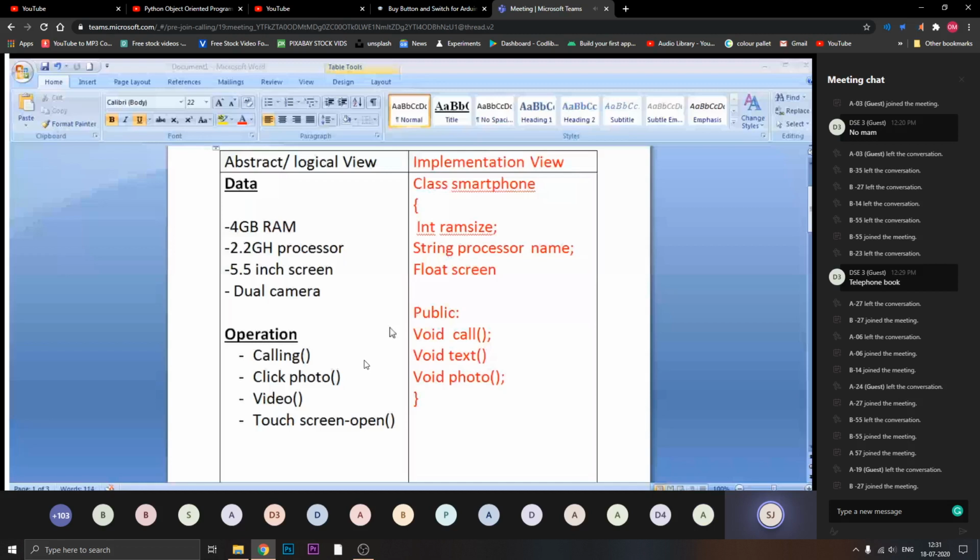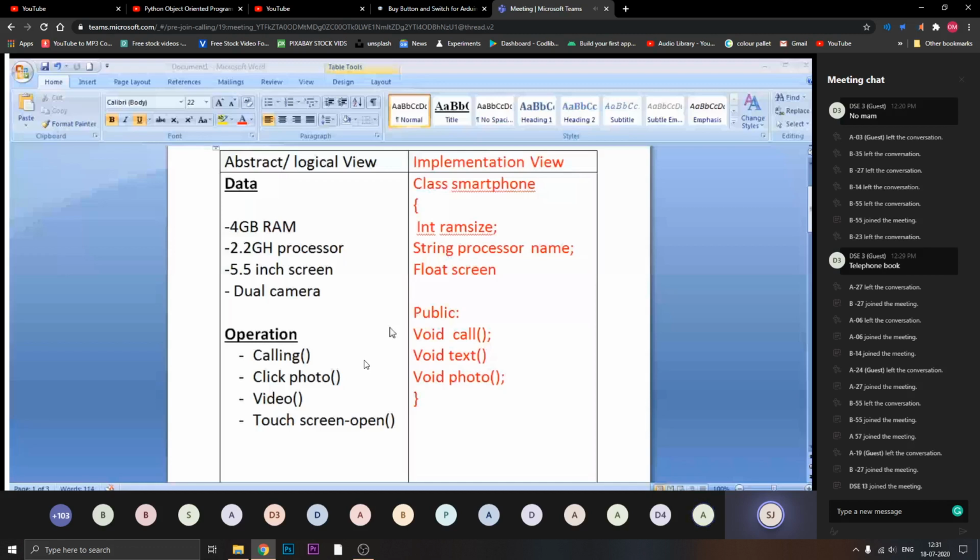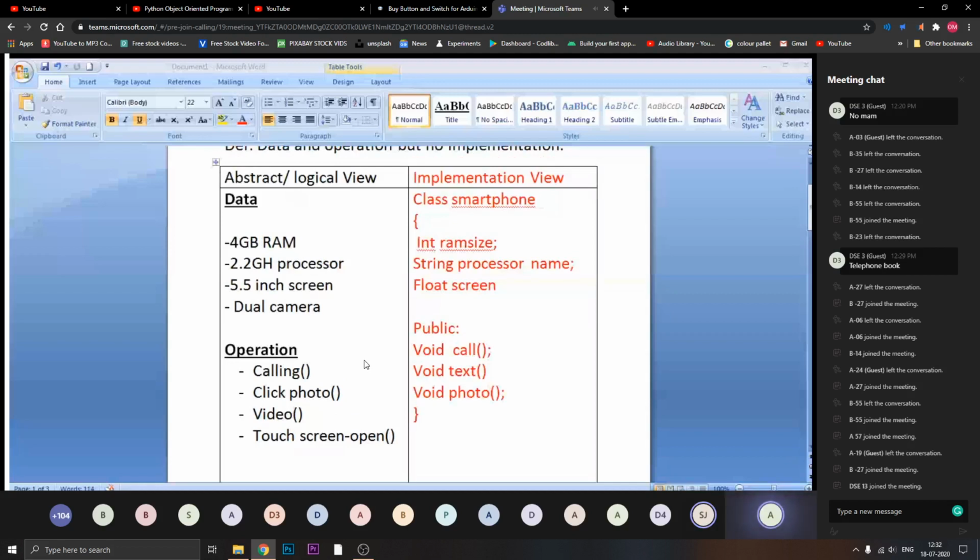Okay, can you give the data part and the operation part? In sets, data is elements and the operations can be union, intersection. Yes, correct. Right.